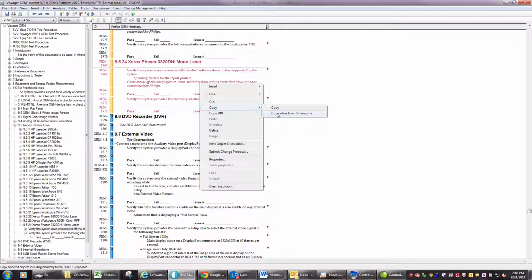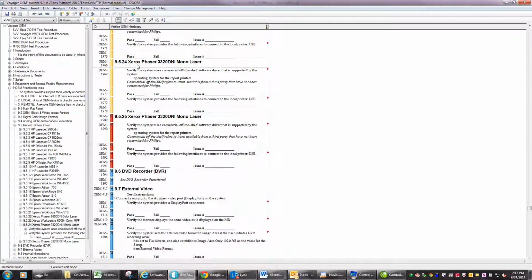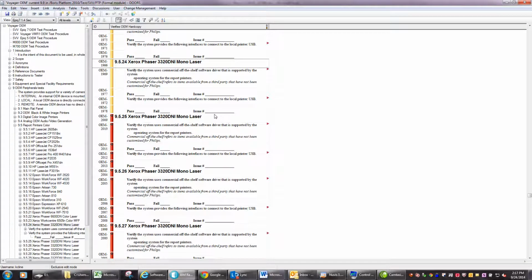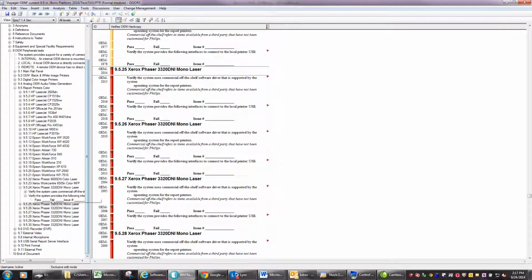So if you just do Control C, it's only gonna copy the highest object instead of all the embedded objects. So we'll do this, and then we want to select the object that's at the same level that we want to paste it at. So we'll just do that, and then Control V. How many do we need? 6. So I'm just gonna do Control V 6 times. So now you can see we have,